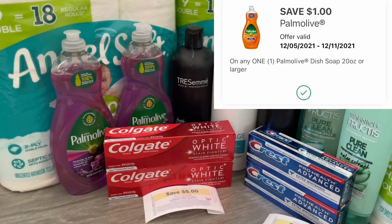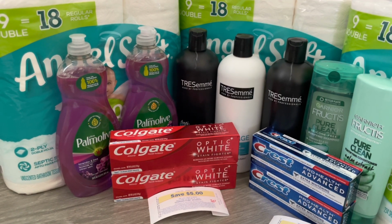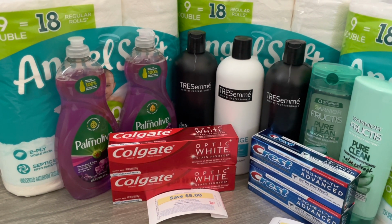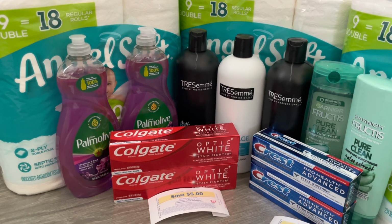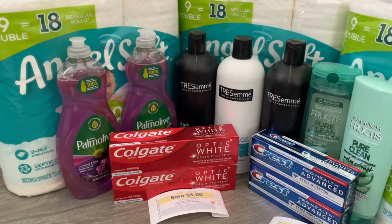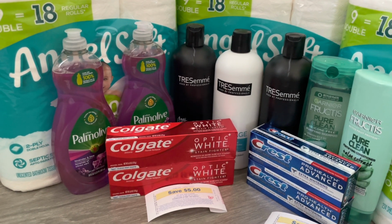We have a $1 off of 2 digital coupon on the Walgreens app. So $5.98 minus that $1 digital coupon, that's going to bring your total down to $4.98. And then when you buy 2, you will receive back $3 in Walgreens cash. So $4.98 minus that $3 in Walgreens cash that you will receive, that will bring your total down to just $1.98 for both, or it'll make each one 99 cents, which is a really great price for the 20-ounce Palmolive